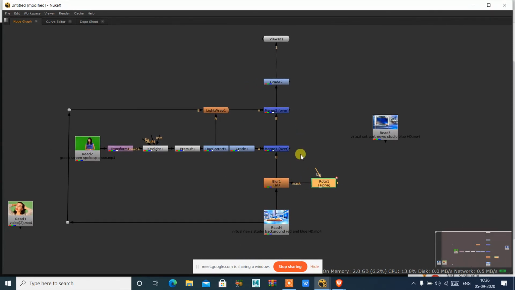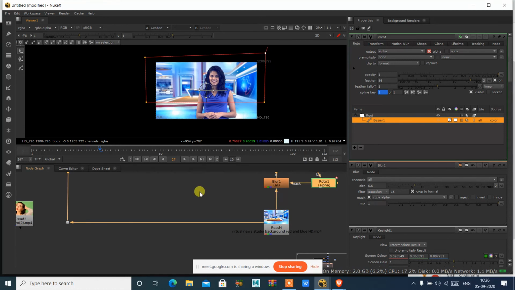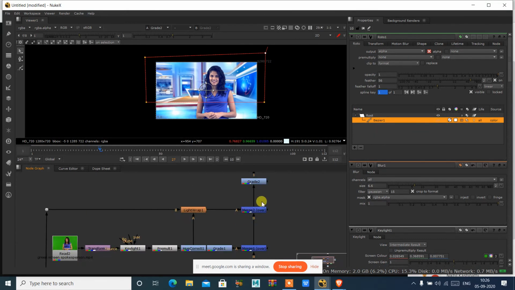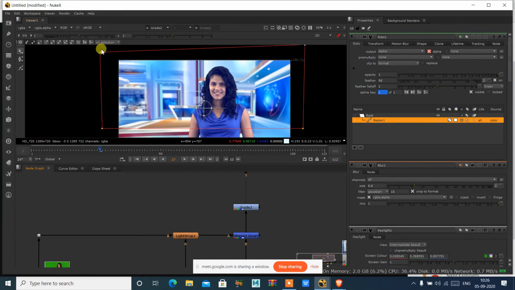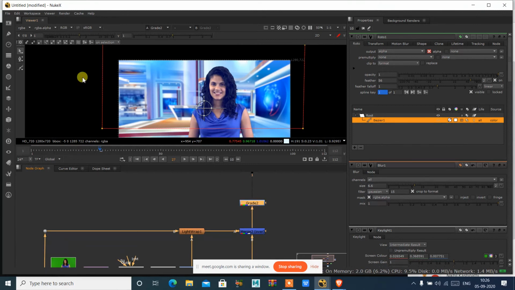If you need to add anything else on the top of it, like a lens flare or anything else, that can also be added to the scene. Or if you want to add some kind of glow, an overall glow, select this, and here we have different options. We have color, we have this filter.